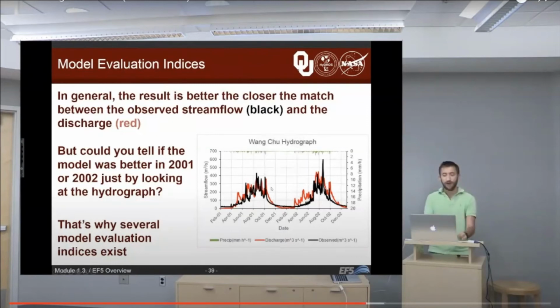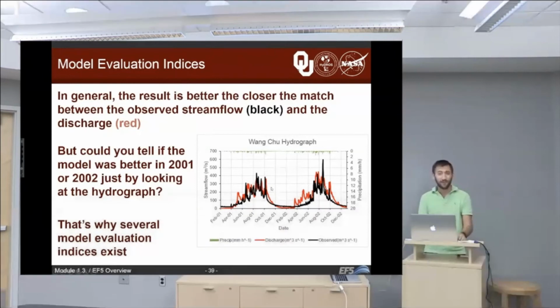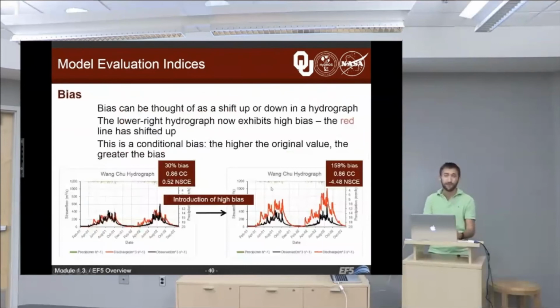Those two sides of the hydrograph better. In this case, it's actually difficult to tell, and so that's why we have model evaluation indices. So the first one is bias. Bias can be thought of as